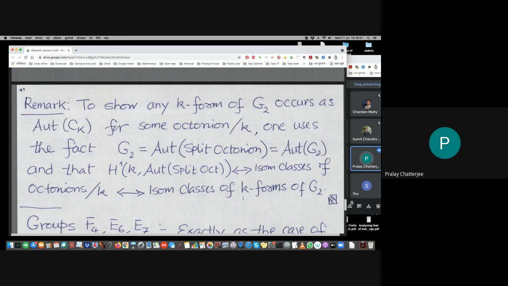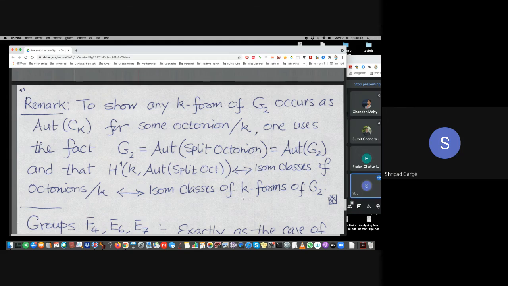Okay. So this is not an example of a split thing, right? I was wondering because I was thinking that lambda mu might be coming from some... Okay, but that is over k bar, right? Yeah. So I was just trying to say that the cocycle you use to twist the group starts with a group of type G2 over small k, go to the algebraic closure. Yeah. Now it is split.